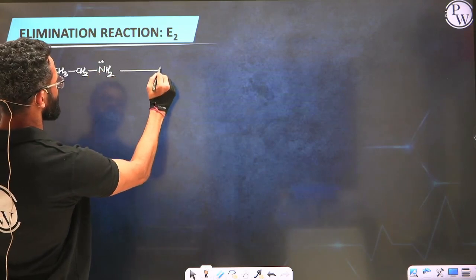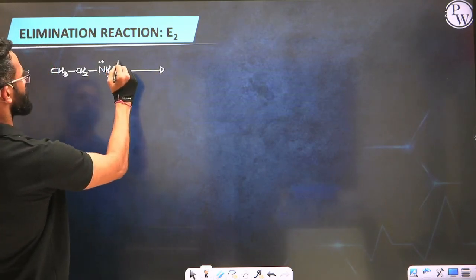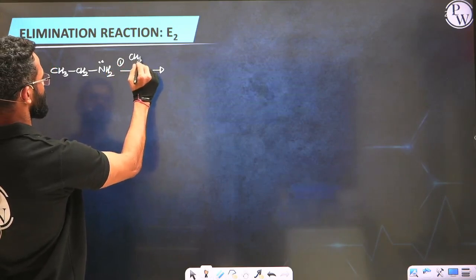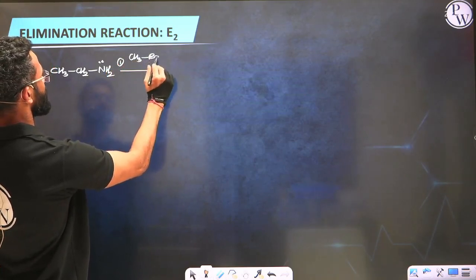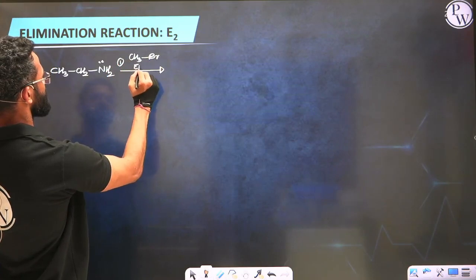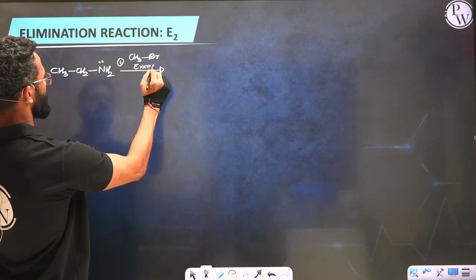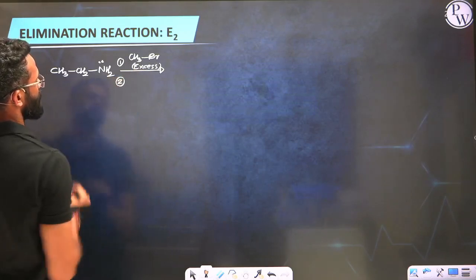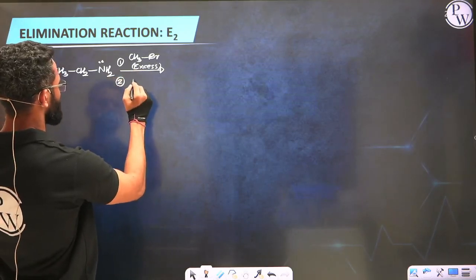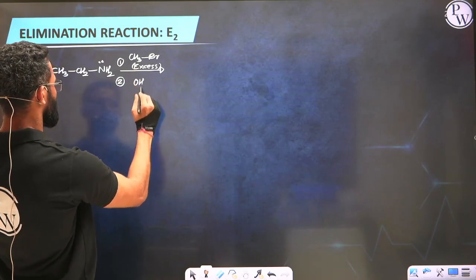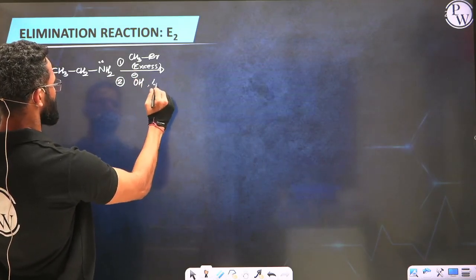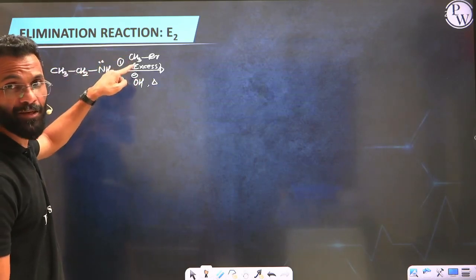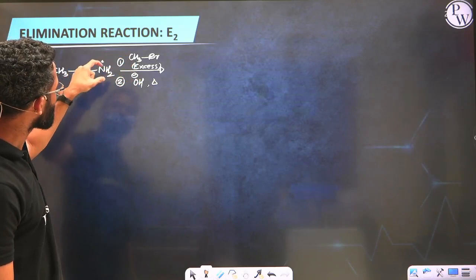Upon the arrow, they have mentioned the first condition as methyl bromide in excess, and the second condition is OH minus and heat. Now understand one thing, methyl bromide is given in excess, meaning as many replaceable hydrogen atoms